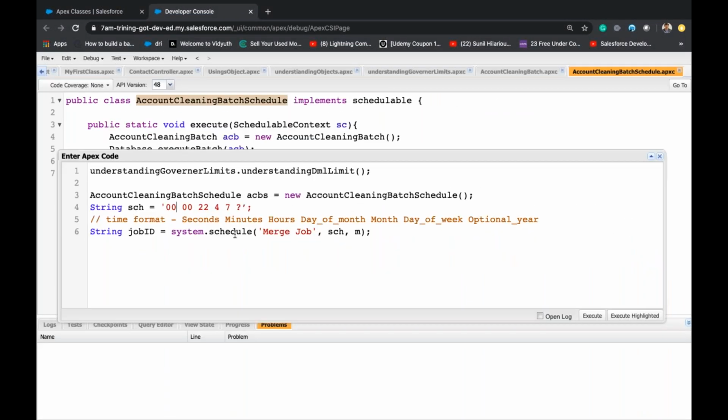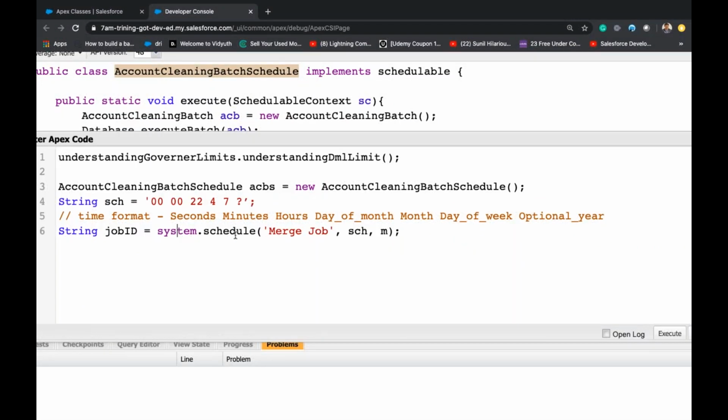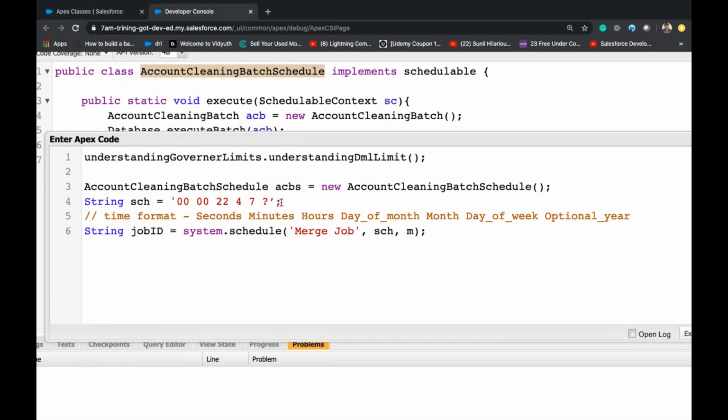So then we have something called System.schedule, some title, account cleaning, the time, and the last one is the schedule Apex.